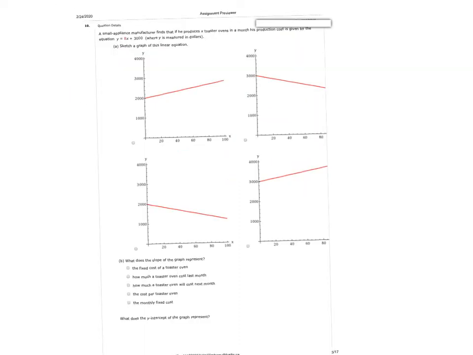All right, next up here, we got a little word problem. So first of all, it says if he produces x toasters a month, his production cost is given by the equation 8x plus 3,000. And so the graph on that, to me, looks pretty obvious to be that one. I see that y-intercept at 3,000, and it has a positive slope as opposed to the option up here, which has a negative slope, which is decreasing. So the slope